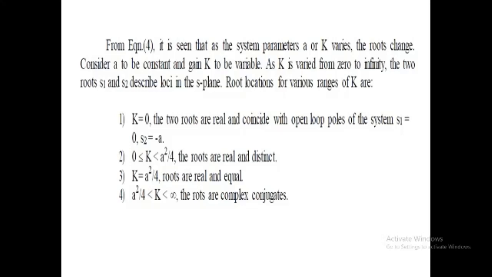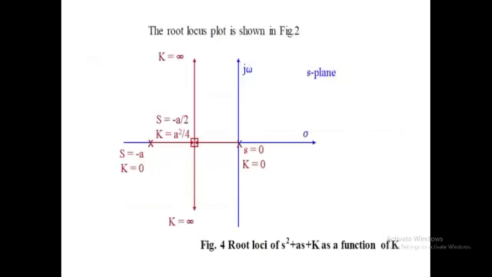Determine the angle of arrival of the root locus at a complex zero. Now we have to find the points where the root loci may cross the imaginary axis. The point where the root loci intersect the j omega axis can be found by the use of the Routh stability criterion,